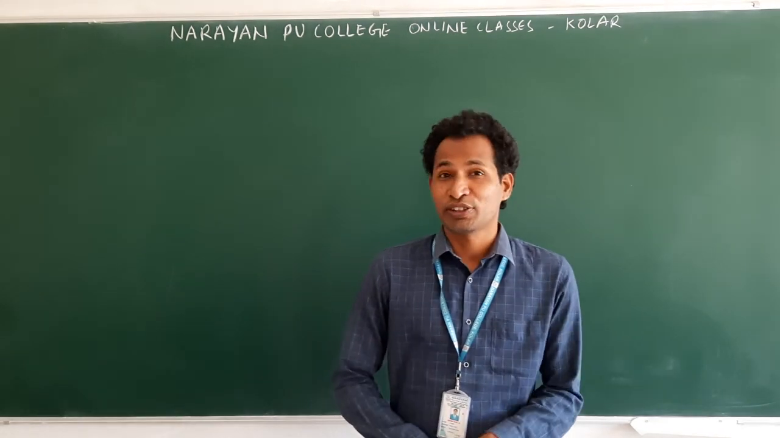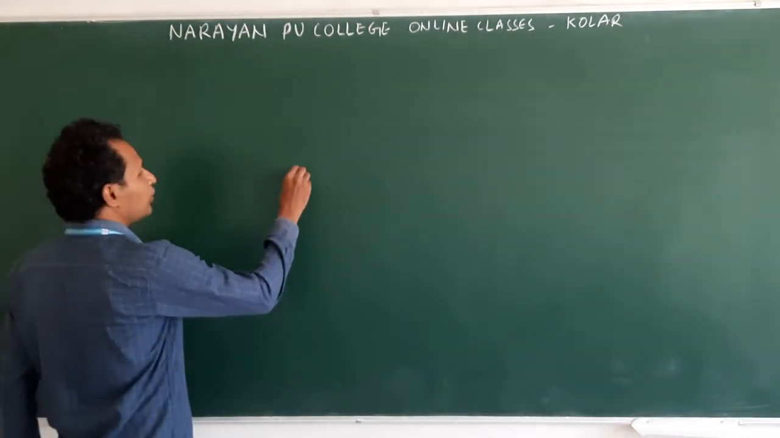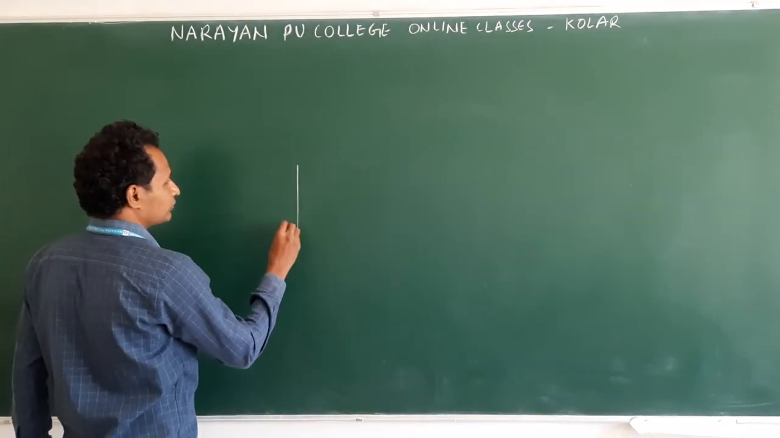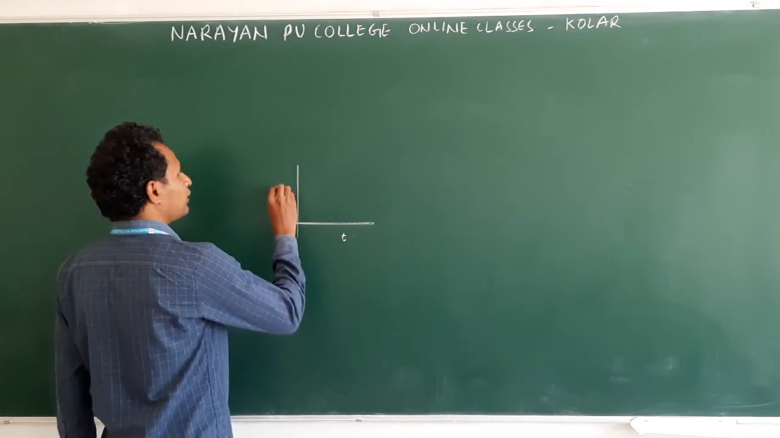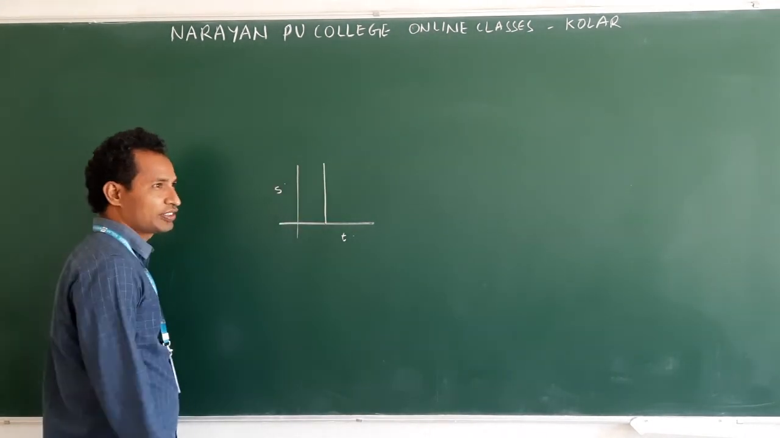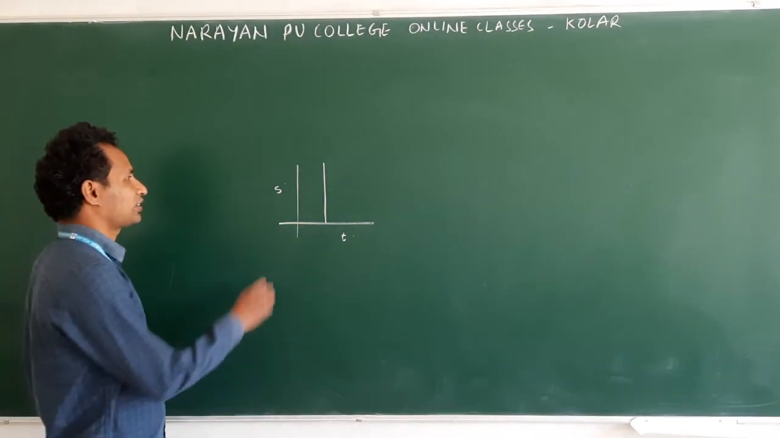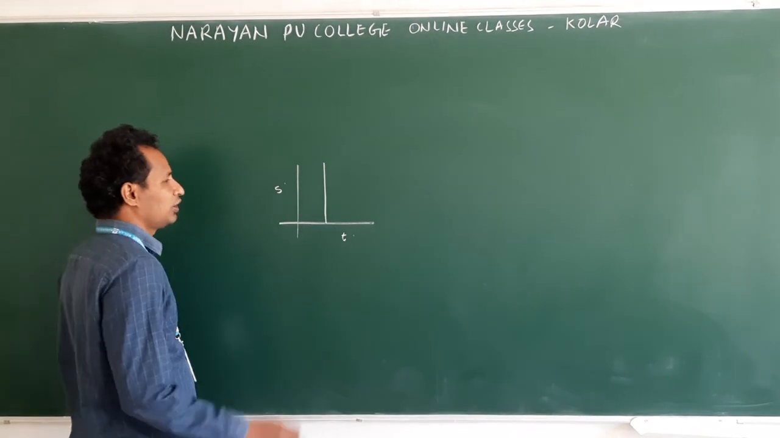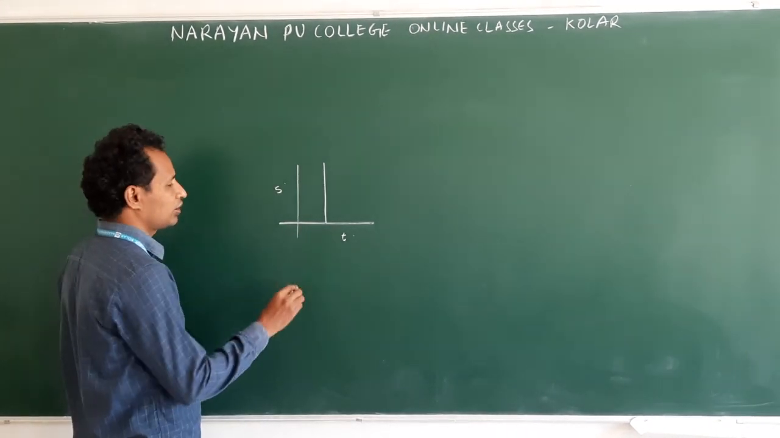Yesterday, I gave one question in graphs: is this graph of time and position possible? Clear? I have drawn one line parallel to the y-axis, the position axis. So, this graph is not possible